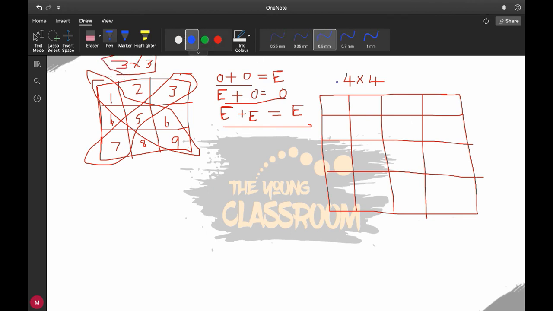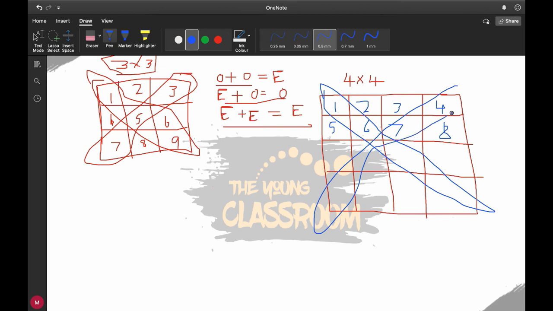Now if we come to the even one, if we do the same approach for the even one, realize that this would be the problem. See, 1, 2, 3, 4, 5, 6, 7, 8. So realize that the problem would be here. If I take 1 plus 6, this is the diagonal, this is the diagonal, and this is the diagonal. So if I take 1 plus 6 or 4 plus 7, they are odd. So basically here also I want that all the odd elements should come on the diagonals and the rest of the elements should come on the other part of the matrix.